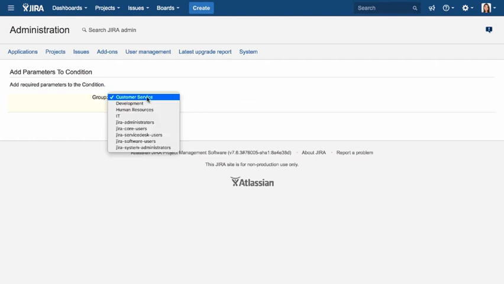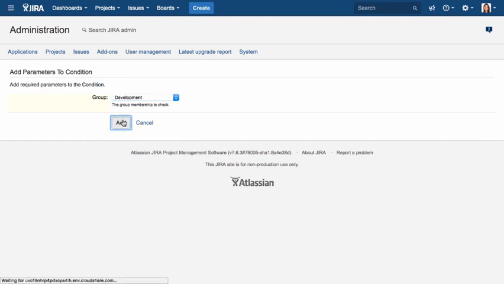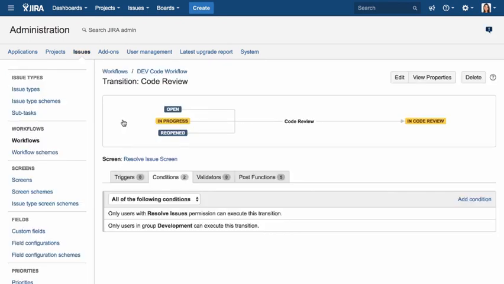Select the development group. Click Add. Now you can see both conditions here. Normally I try to use project role membership conditions as it gives the project admins more control over who can do what in their projects. However, in this instance, because the requirements state that any developers should be able to transition the issue, I'm using